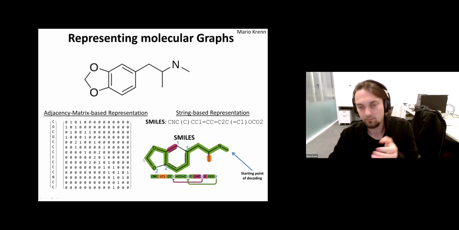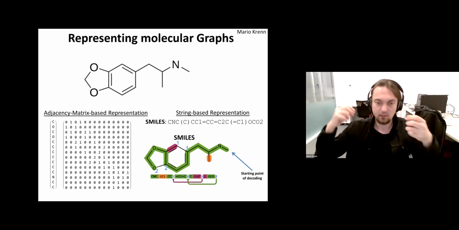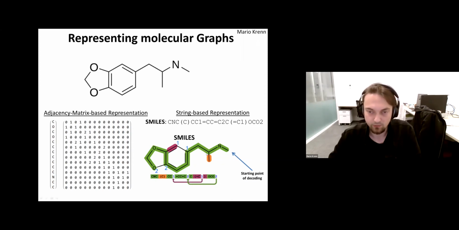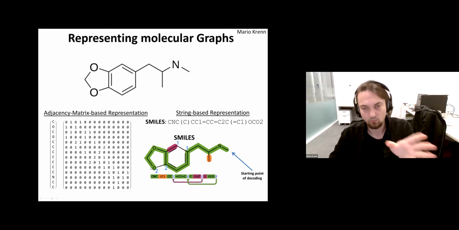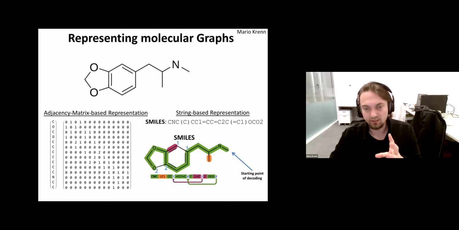You can think of the main string, and you just take your atoms that follow each other and write them in a list. For instance, here you have a carbon, nitrogen, carbon, carbon. This is here carbon, nitrogen, carbon, carbon, and so on. So with this linear chain, you already have much of the molecule represented. Then there are two more things that you need to take care of. There can be branches,